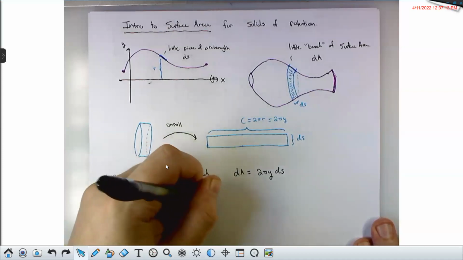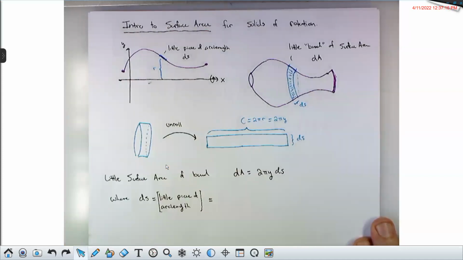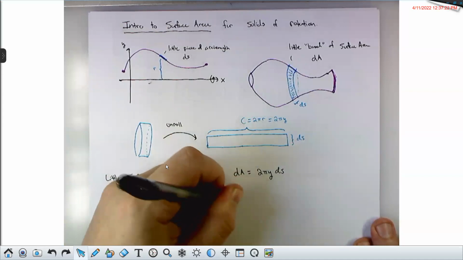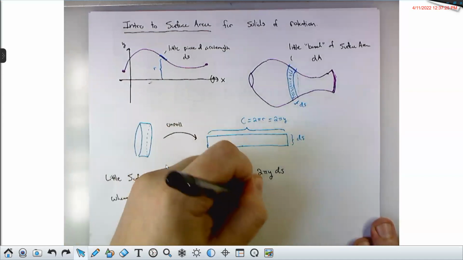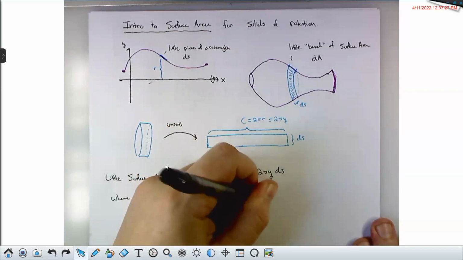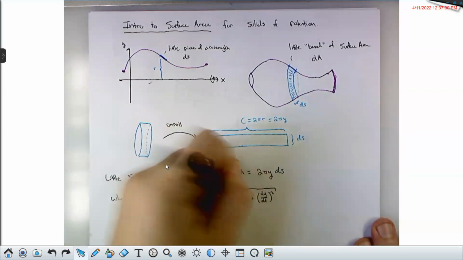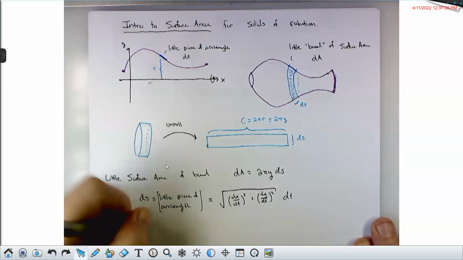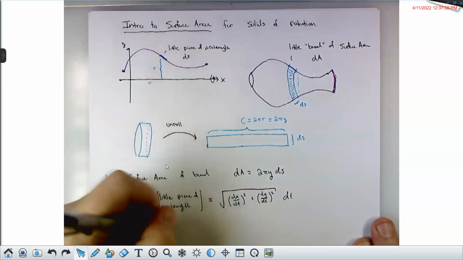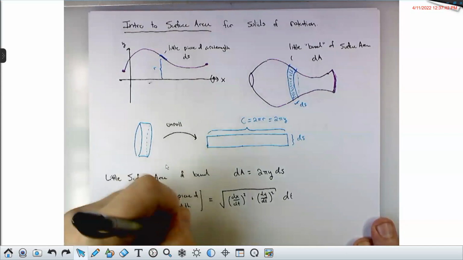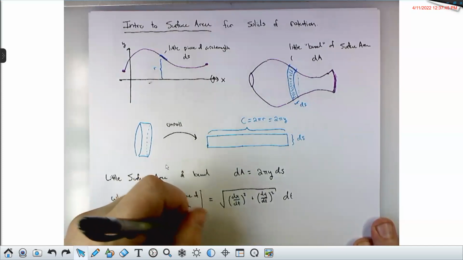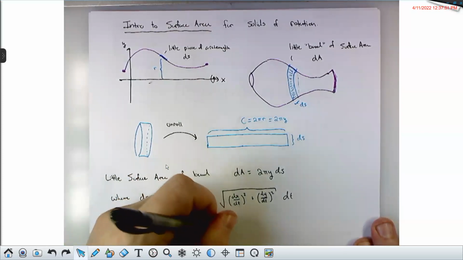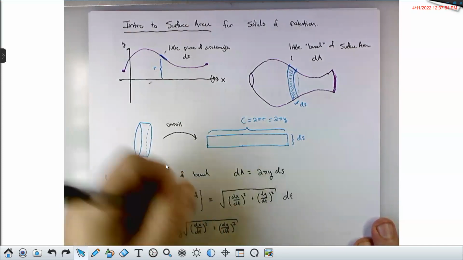And the little piece of arc length is the thing you integrate to get arc length, which is the square root of (dx/dt) squared plus (dy/dt) squared times dt. So dA would be 2 pi y times the square root of (dx/dt) squared plus (dy/dt) squared times dt,